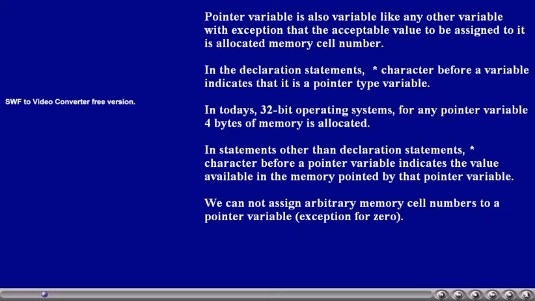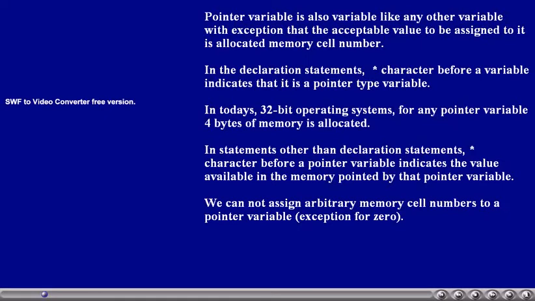Here this star is called the indirection operator. When we apply the indirection operator to a pointer variable, we get the value in the memory which is referred to by the pointer variable.